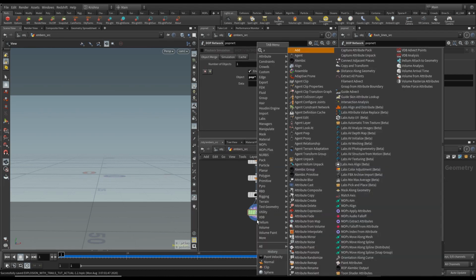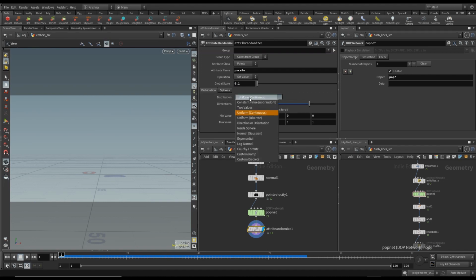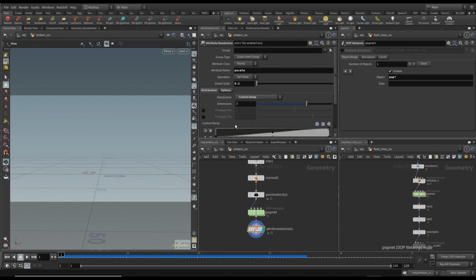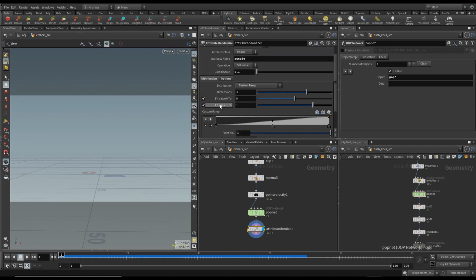Okay, I'm going to create an attribute randomize. And let's call this pscale. Set the global scale to 0.1. And the distribution is custom ramp. I'm going to fit the value between 0 to 1. When you say 1 here, it's actually 0.1 because the global scale is multiplied by the value here. Okay,